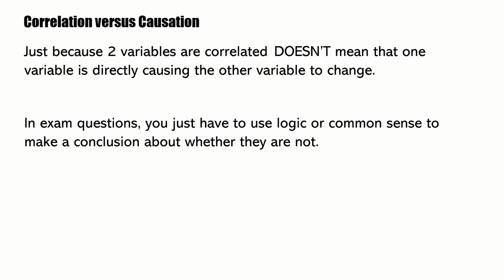Either one variable is directly causing the other to change, or neither variable is causing the other to change. It's the case that both of them are related by a third, currently unidentified variable that's causing both of them to change at the same time. Or the third option, which is that ultimately, although both variables are changing in the same way, it is completely by coincidence, and although there appears to be a link between them based on the correlation, there is no causal link between them. And so, looking at some examples so that you can see some scenarios of those three cases